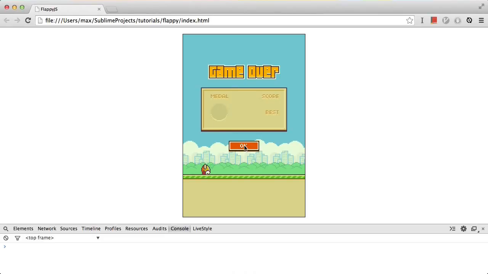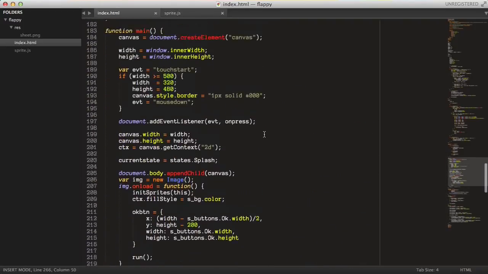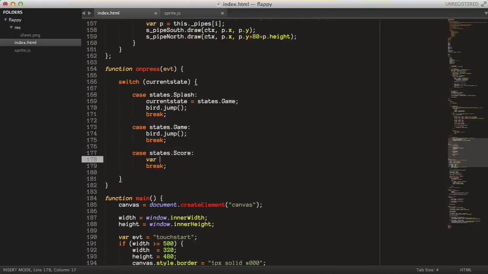And yeah, so now basically we can check if we press on the button. And to do that, we go up here again to the onPress function. And here where we check the switch statement, and where we check if this is the score state, then we basically just want to take out the mouse position or the click position, and check if that is inside of the OK button. So the X position, we can just take the event.offsetX position, and for the Y position we